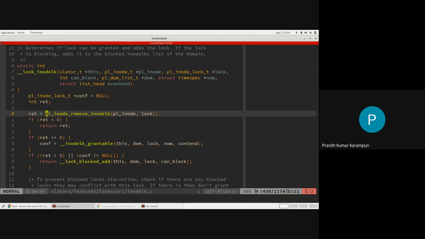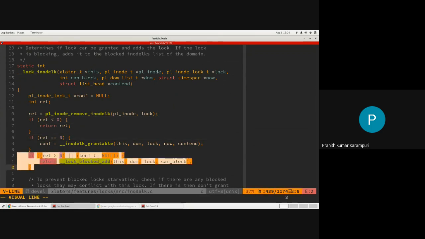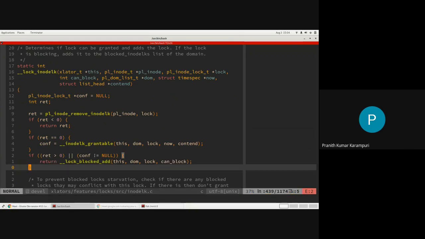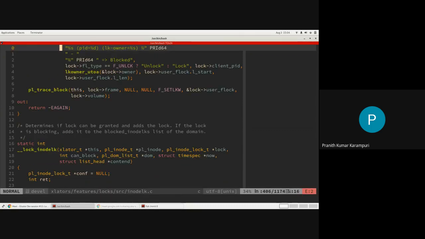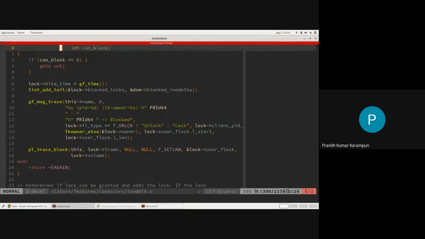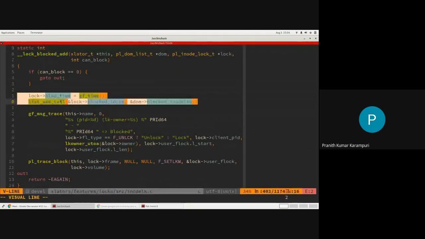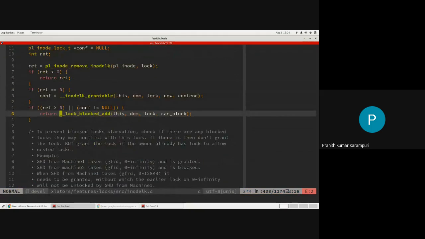But otherwise, it will return something greater than 0, which will amount to it becoming a blocked lock. So it will follow the blocked lock logic, and it will go and sit in the blocking lock list. Okay, so here it gets added in the blocked lock list.